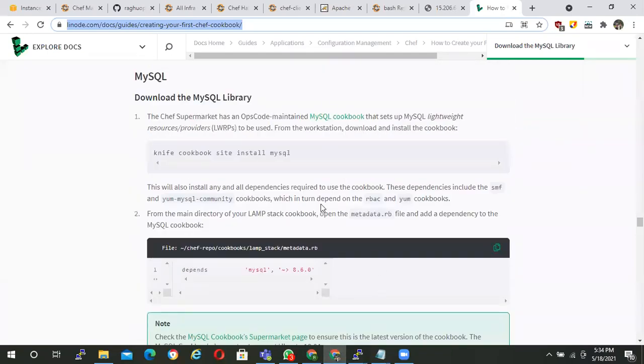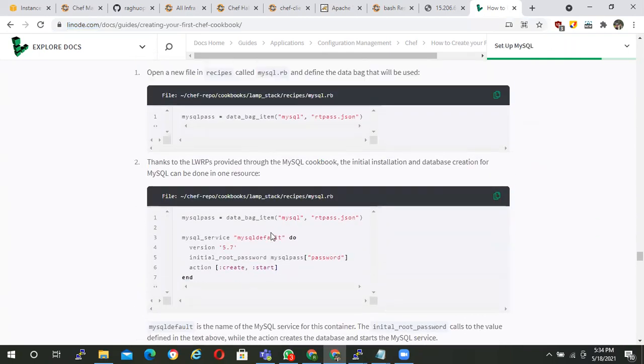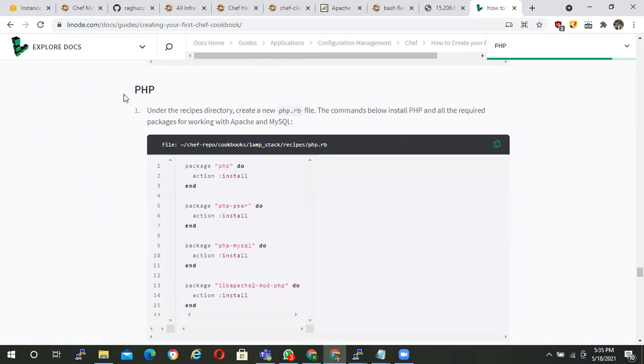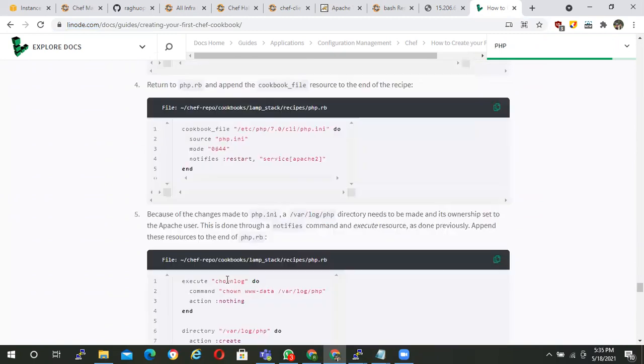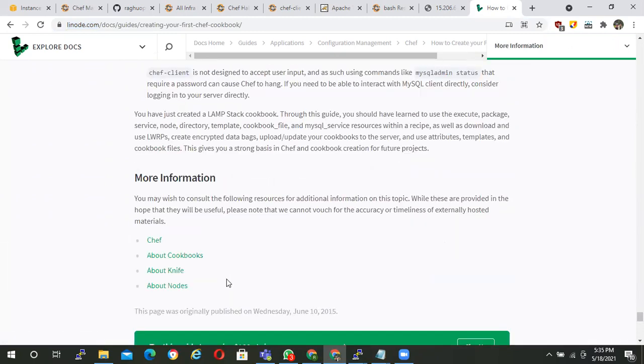So this is about continuation. We just skipped a few options which are there in Apache. Then we installed this, and then this is about MySQL installation, a database, and then setting up the MySQL and PHP installation, setting up the home page. Yeah, so just spend some time,